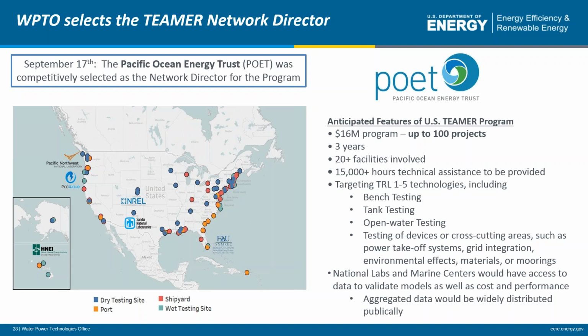So the plan is this program will have opportunities for developers to apply for testing access multiple times a year. We're still working out the actual specifics of the program, but it's meant to be open for opportunities multiple times a year, and we're calling those RFTSs, requests for technical support. So again, hoping to get that program started, and the first call will be out shortly in the next calendar year once we finish negotiations and finalize the award with POET. Next slide.